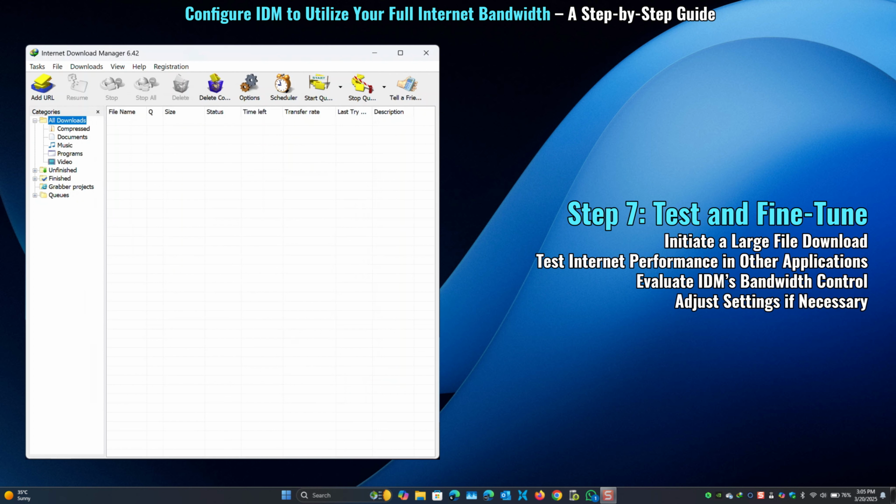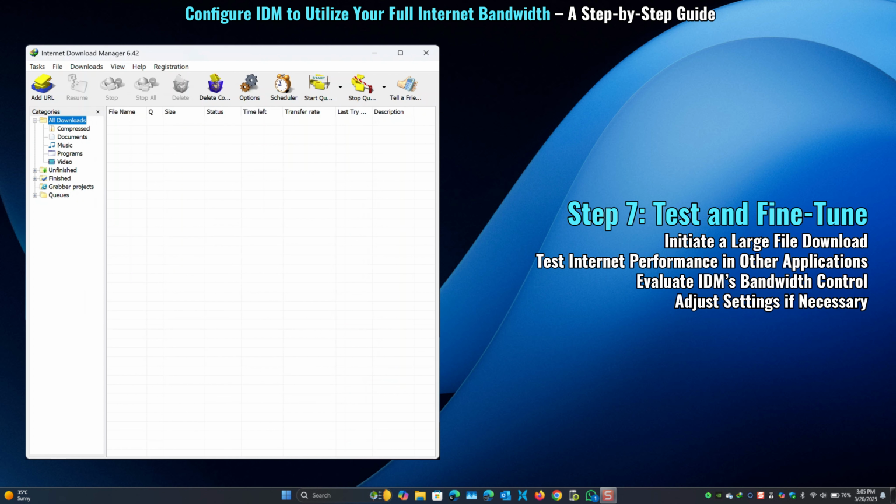Things to keep in mind: your browser may still load slowly if the server throttles the connection or your ISP caps bandwidth. IDM can't exceed your total connection speed. Example, if you have a 10 Mbps plan, that's the max. Network stability. Let's discuss network stability. Setting connections too high, for example 32, on a weak connection might cause instability or timeouts. Test with 16 first and then scale up if needed. If other devices are on the same network, like smart TVs or any home appliance, they might still use bandwidth unless you limit them via your router settings.